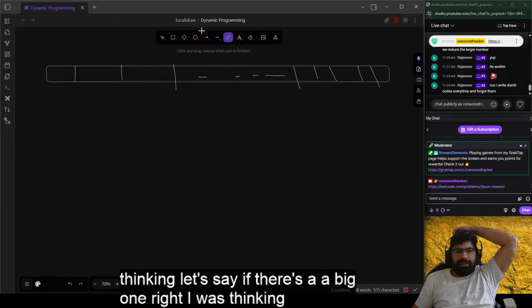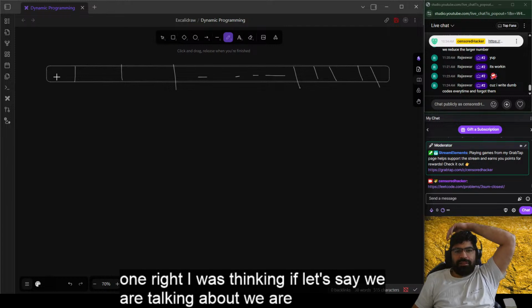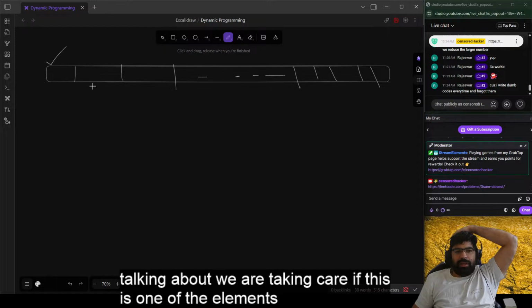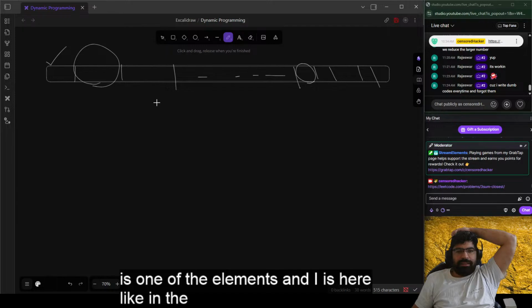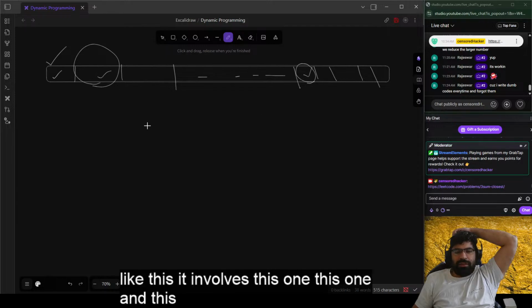Let's say we are taking care if this is one of the elements and i is here, and the solution is something like this. It involves this one, and this one. Then with your approach,